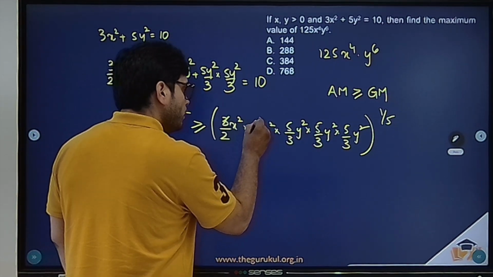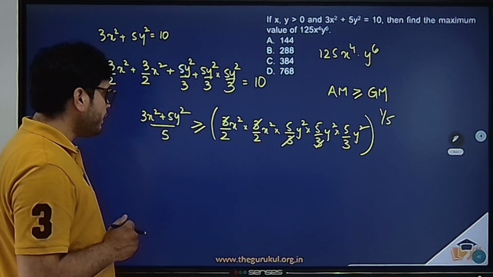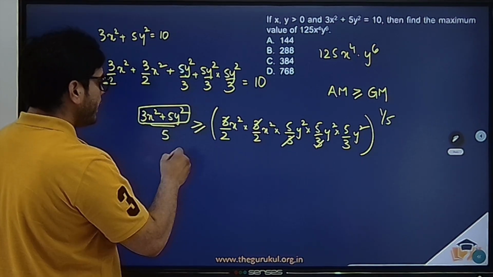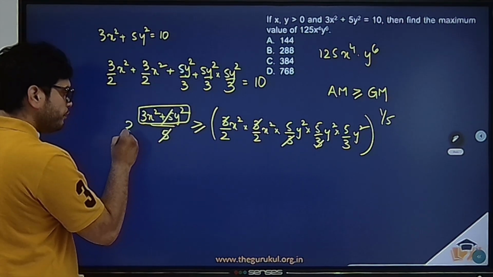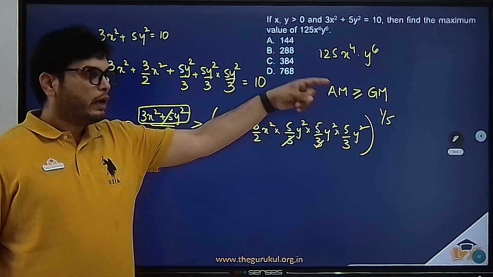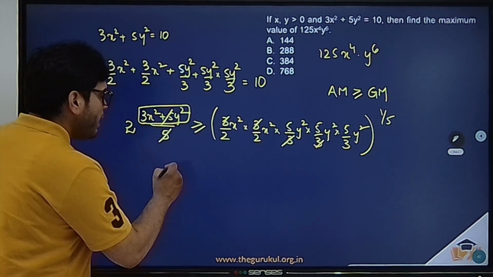Now I will cancel 3's here, right? So these are the only things that I can cancel. Now I know that the value of 3x square plus 5y square is 10. So 5 2's are 10. Now 2 greater than or equal to this to the power 1 by 5. Now let us raise both LHS and RHS to the power of 5. So you will be having 2 power 5